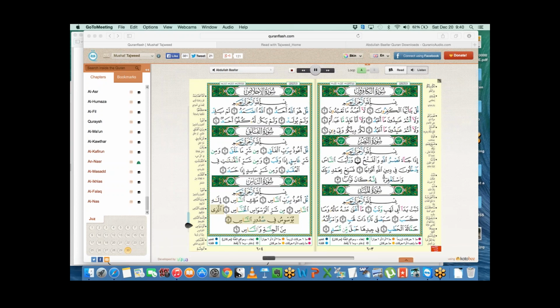Okay, qul a'udhu birabbin nas, malikin nas, ilahin nas, min sharril waswasil khannas. And then alladhi, also the same thing. It's a subtle difference, but people who speak Arabic can tell right away, and it can make a world of difference in terms of the meaning if you pronounce it wrong. And the same thing with sudur in nas, you have to pronounce the sad. It cannot be like sudur, it has to be sudur with the proper letter sad, and so on, inshallah. So jazakallah khair. We'll go to the next person.